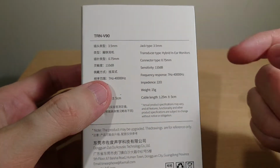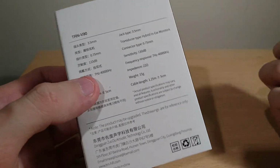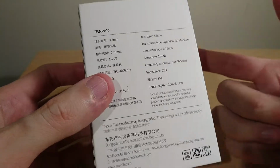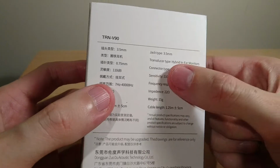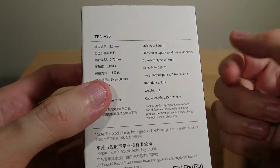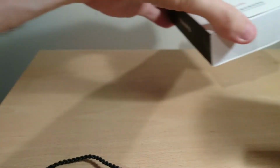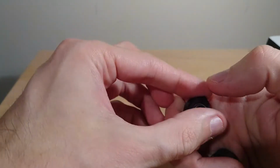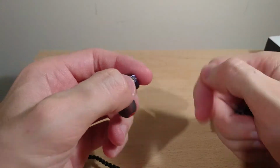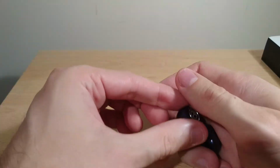So 3.5 is normal, 0.75 2-pin connector, so any KZ cable should fit, their own TRN cables fit. Impedance of 22 ohm and sensitivity of 110. So these are, as I've tested with a bunch of things, quite easy to power. I tested this with two of my players, which is the TRN M5 and the Shanling M0. Tried it with those, tried it with my phone. It sounds fine, there's no problems at all. So yeah, let's get into